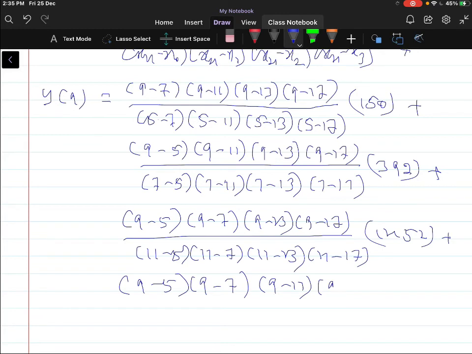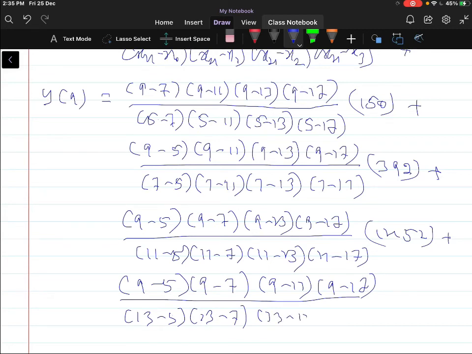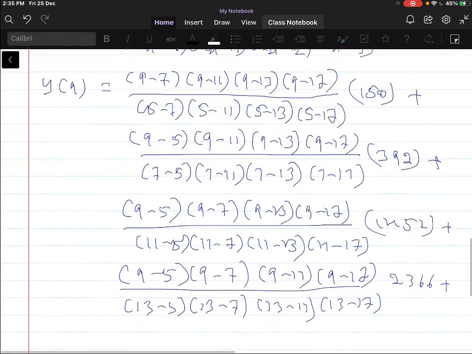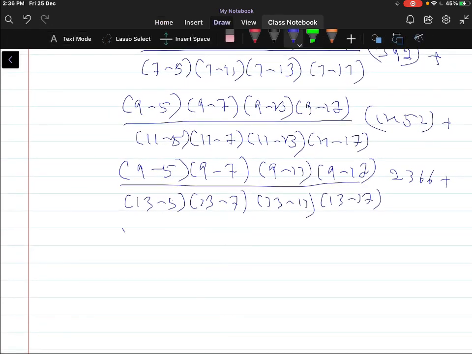then you should write, you have to subtract from the 9 again, 9 minus 5, 9 minus 7, 9 minus 11 into 9 minus 17. You have to subtract from the 13 now, 13 minus 5, 13 minus 7, 13 minus 11 into 13 minus 17 into the next value here, y3 value 2366 plus, we should write here